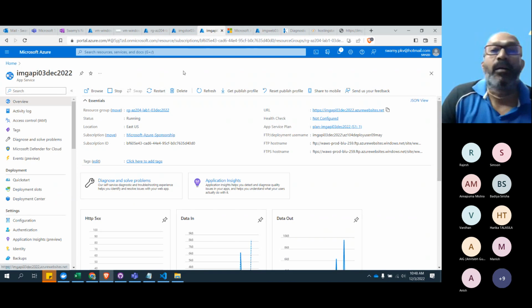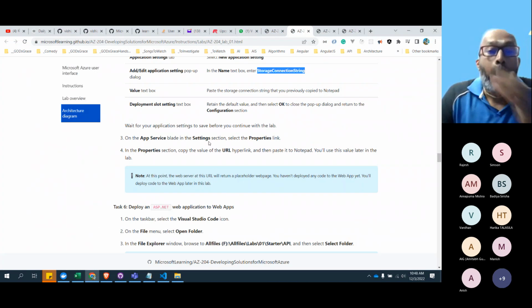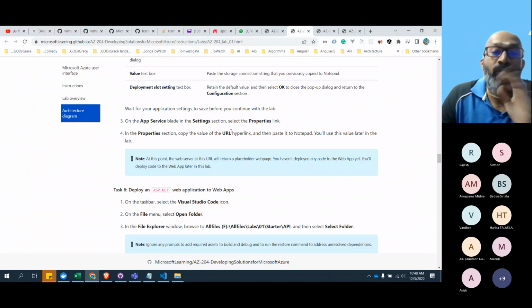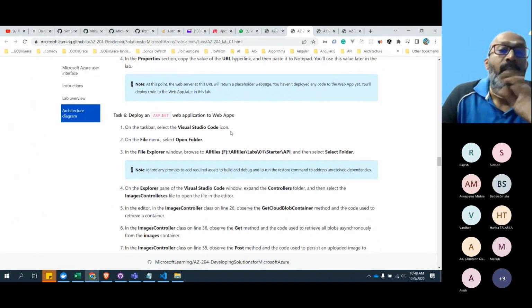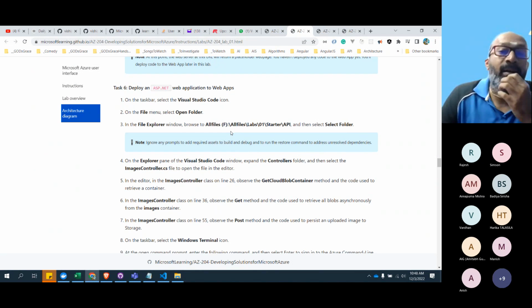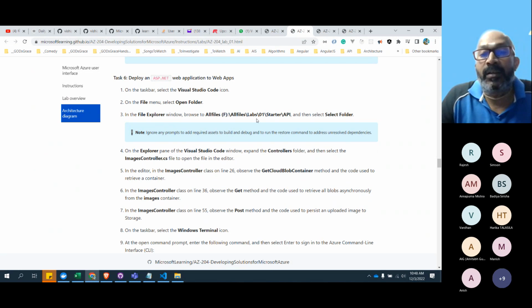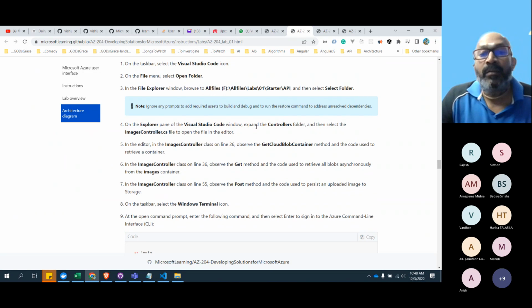OK, that being said, we have configured the connection string, and also we know from where we can get this one. Now we need to deploy this web application to the web app. You see that the starter API is here. We go to that and expand the controllers folder.